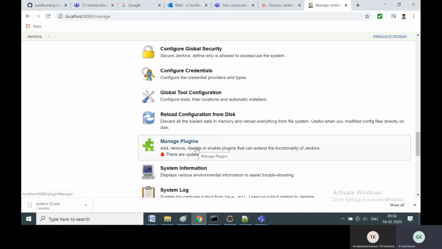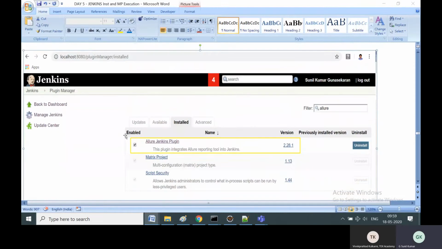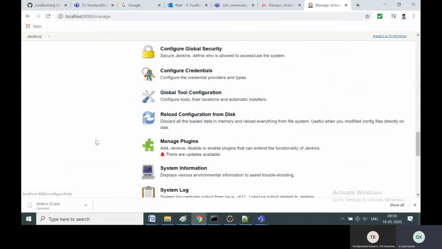Okay, guys. So you have to Google and find out how to install that particular Extent report plugin or Cucumber plugin, and then install those accurate versions accurately. Okay. So that is how we have to set up the plugins. This is the crucial foundation. Without plugins and the global tool configuration, your job will not run. You will configure, but you cannot execute. You will not get build success. So that's about plugins and the global tool configuration.